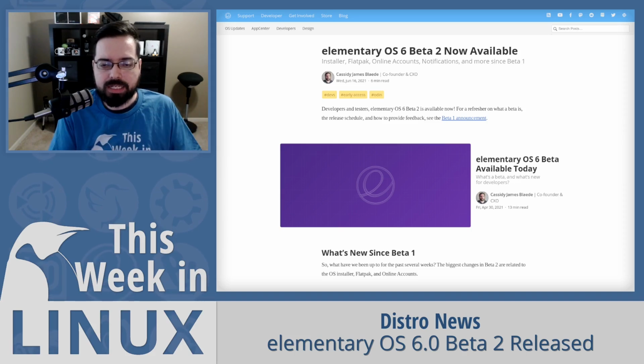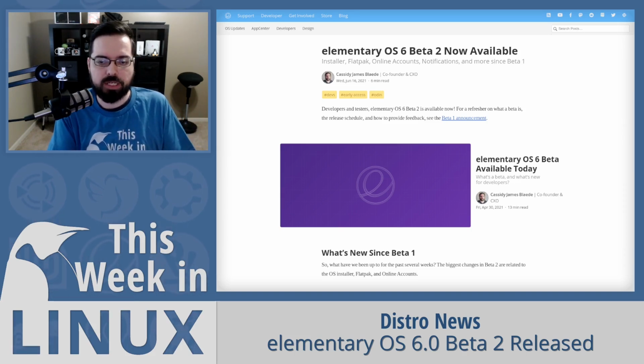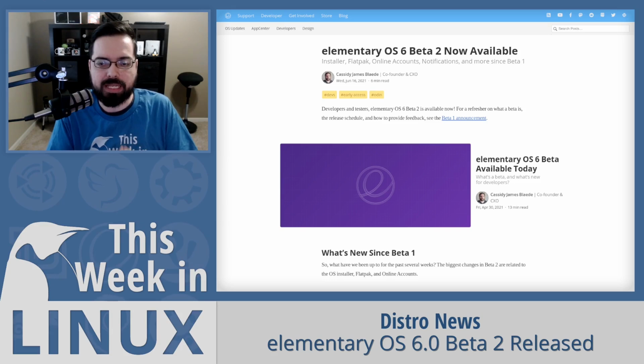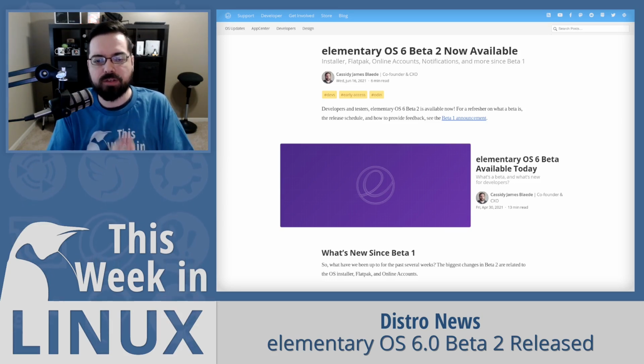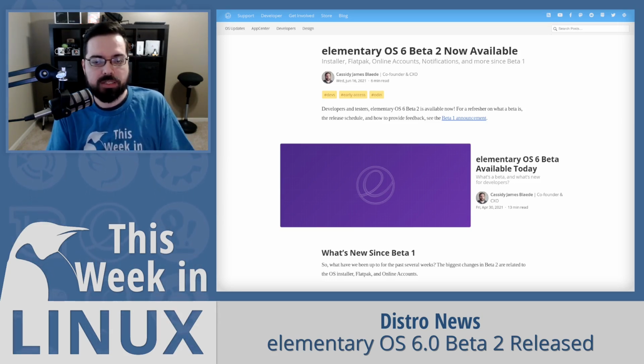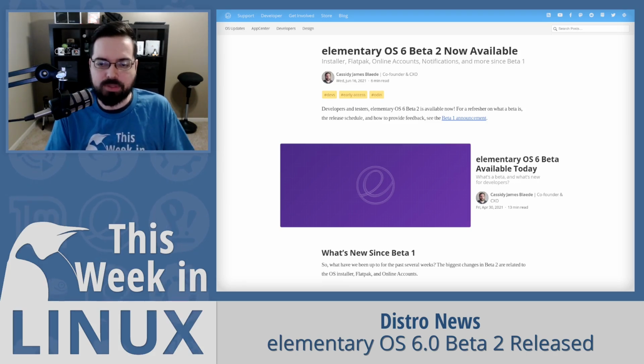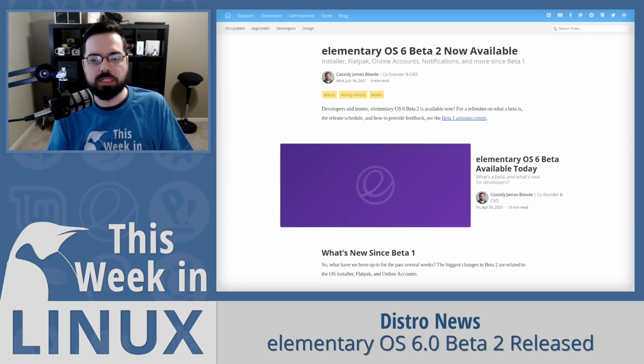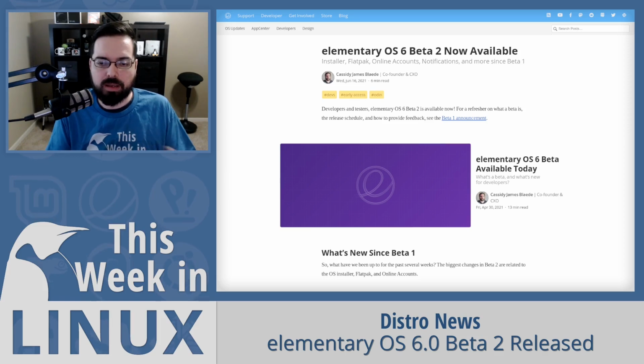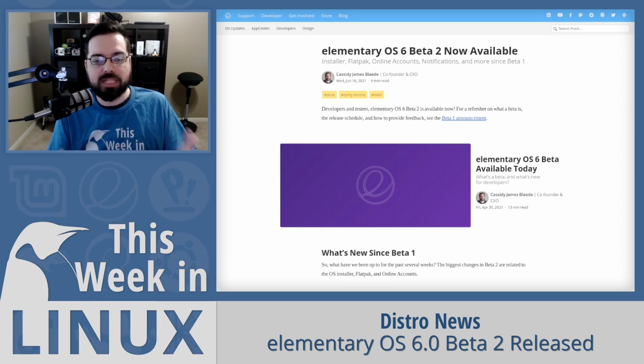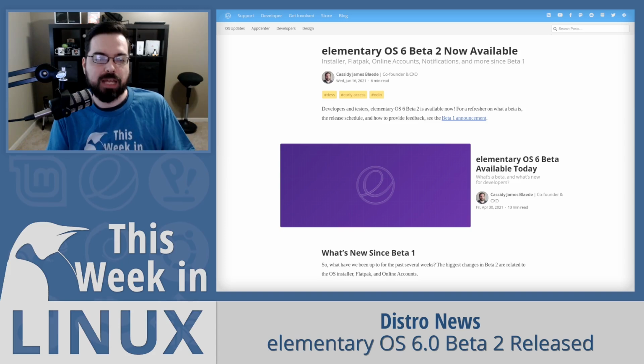So in this latest news for the Flatpak effort in the sense of making them work for the first-party apps, they have converted and are available already to use in the Beta 2, the calculator, the camera, the document viewer, the screenshot tool, the Tasks app, the web browser application. So all of that is available from the App Center Flatpak repository.